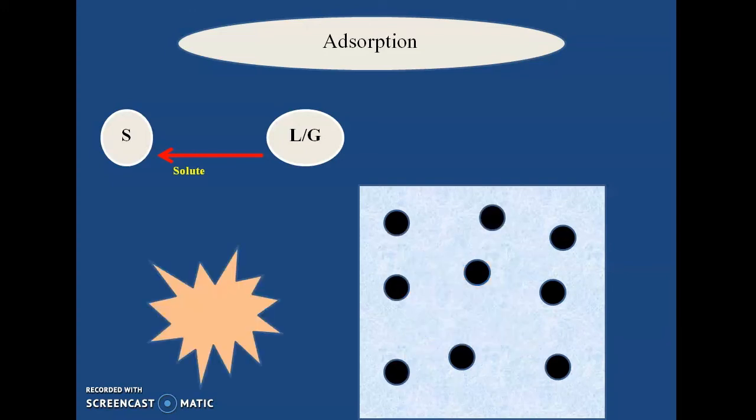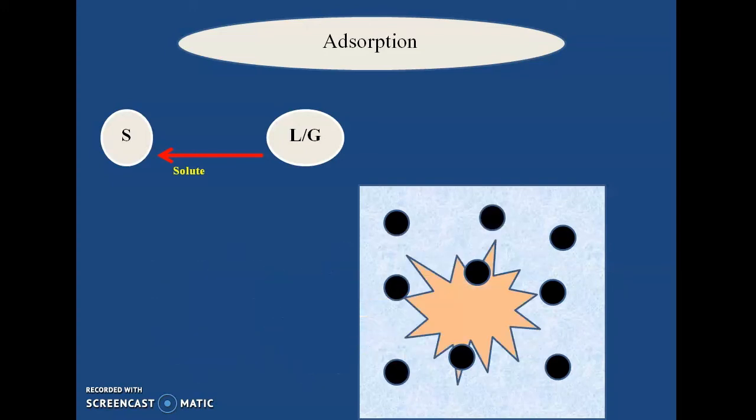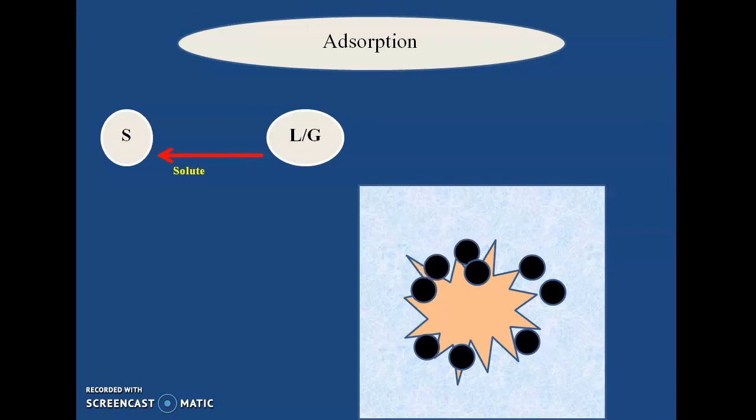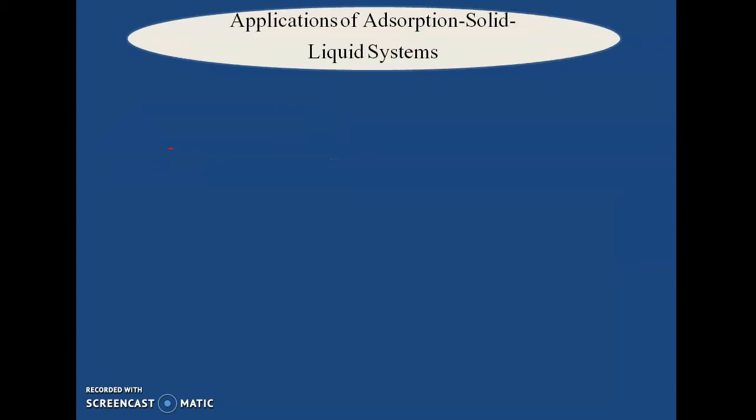So I am rewinding once again. You are taking some solid material which is called adsorbent. It is mixed with some gas mixture or a liquid mixture which contains some solute particles. When the solute particles come into contact with the solid phase, the solute particles get attracted towards the solid surface and get adsorbed onto the surface of this solid. Okay, so this is how adsorption takes place.